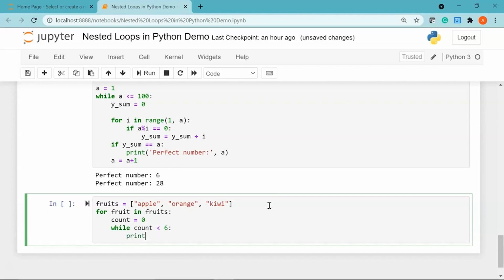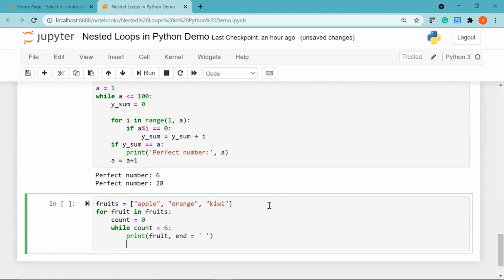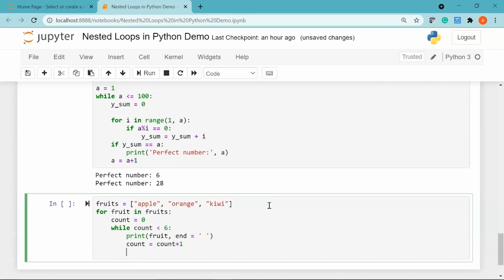Then I'll say print fruit, and I'll use my end parameter as a space. Then we are going to increment count by 1, and finally I'll print it.